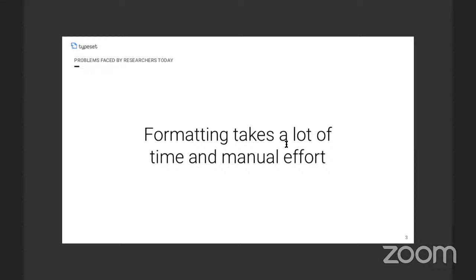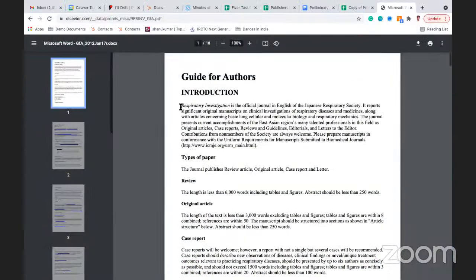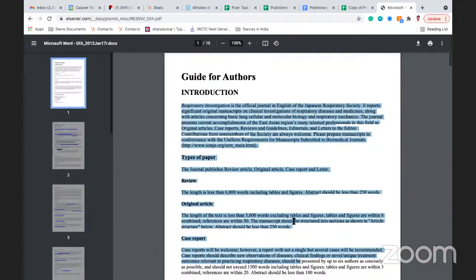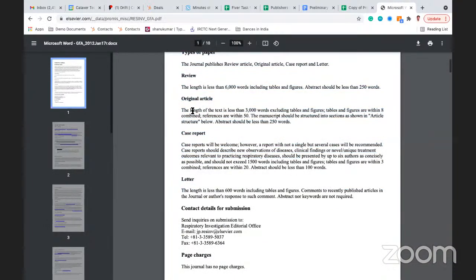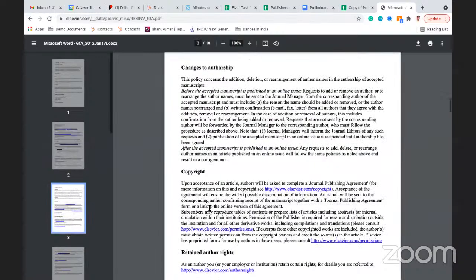Now, if you have to write a research article on MS Word and then format it on MS Word, it might take a lot of time. Also, it is a very manually intensive process, because you need to understand these guidelines line by line: what should be the length of the article, how should a conflict of interest be called, how should it be written,